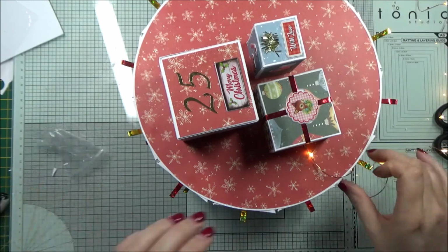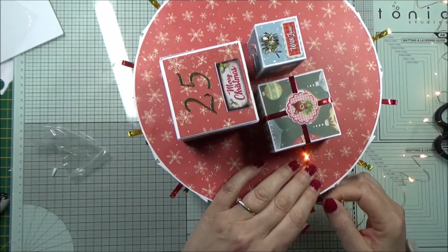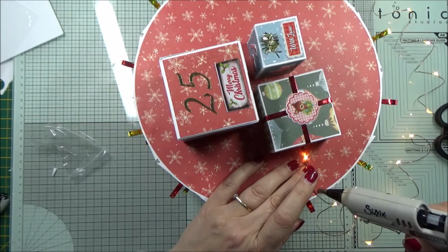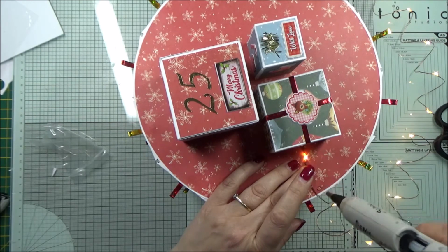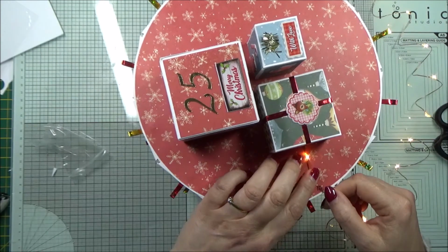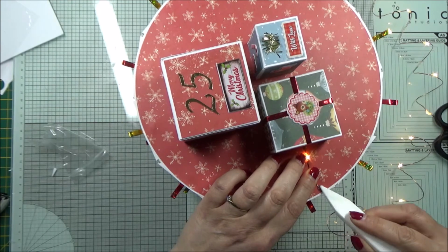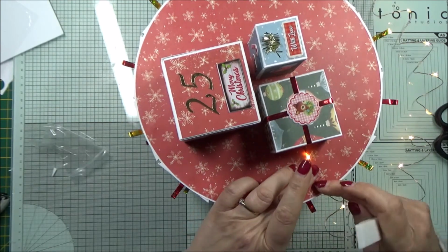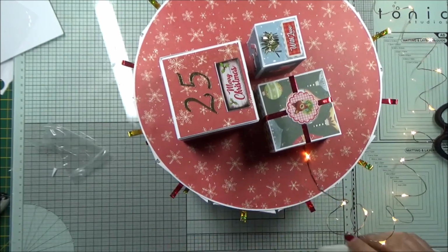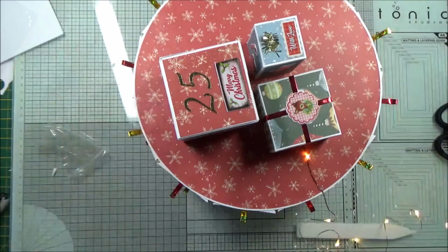So we'll keep them on, and we'll just come out to the side like that, and we'll get a bit of the hot glue, put that on there, and then just lay that down like that. And I just use my tool there, and it doesn't take long to start to set, and that will just stay in place. And then we're going to put the lights around,